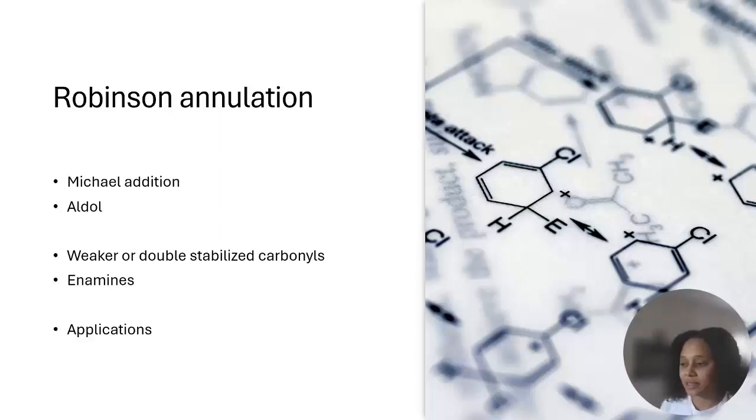So remember, in class, we practiced some problems, and in our previous lecture we talked about this, that we use these weaker nucleophiles because the stronger ones are going to attack the carbonyl itself rather than the beta position on the alpha-beta unsaturated carbonyl. So we're going to go through the mechanism again, but let's talk a little bit about